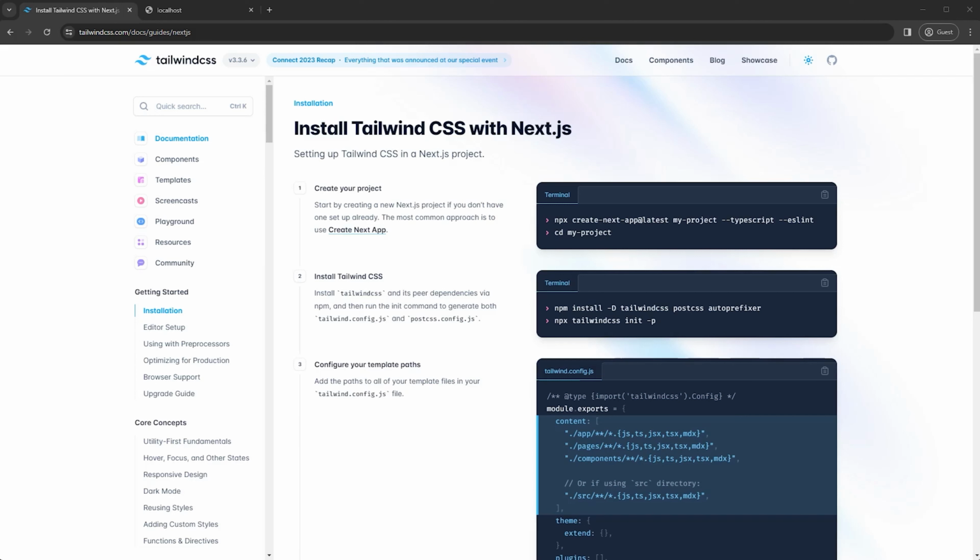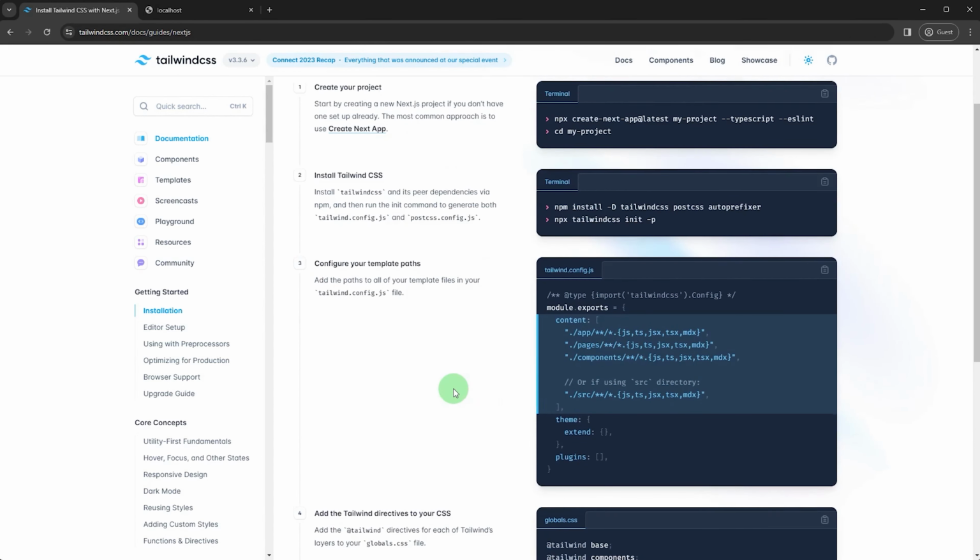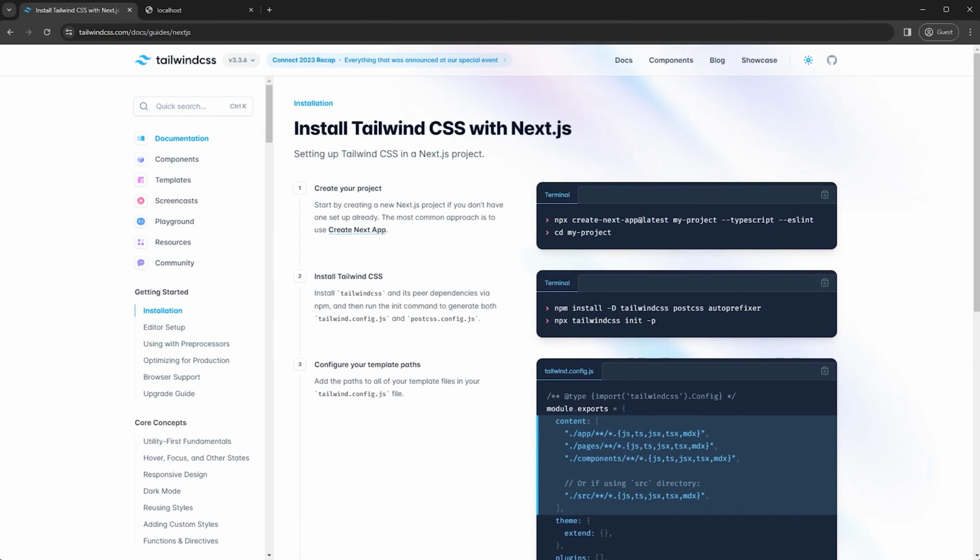Okay, welcome back guys. In this video, let's start from setting up the project for Next.js 14. I'm just going to simply follow this project setup for Next.js from the Tailwind CSS website like this. And I already assume that you already have npm and npx and so on your system. So let me just start from here.